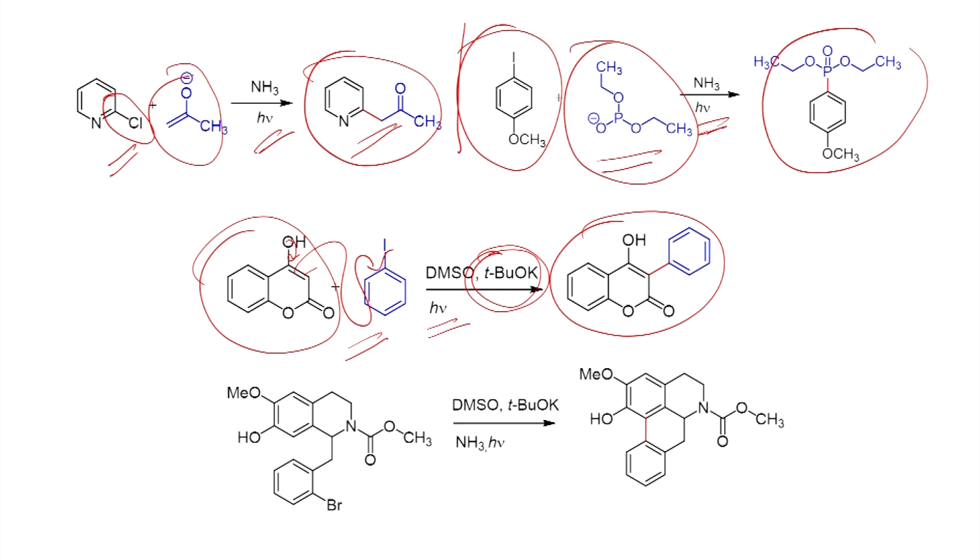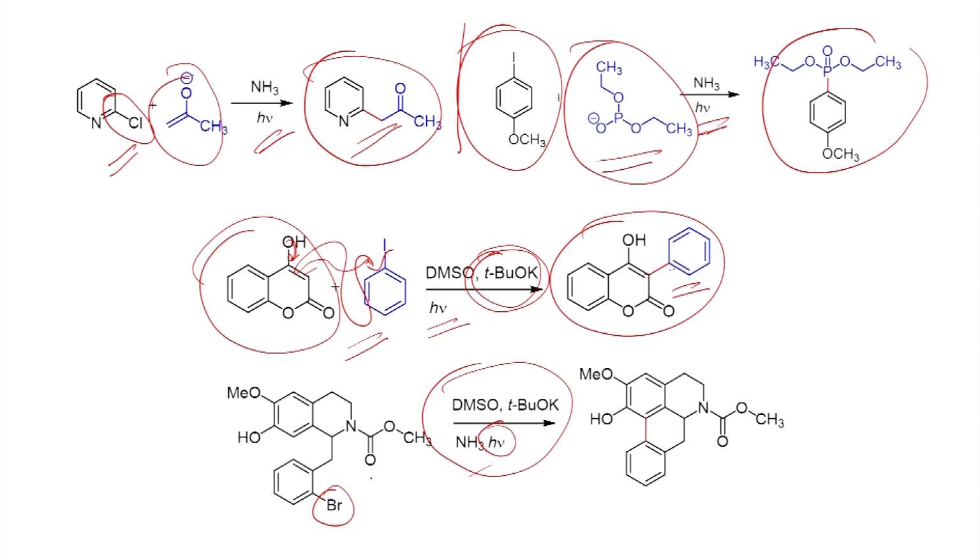As you can see here, when you base make it and then it can undergo addition reaction, you will be able to introduce arylation at this position. Another example here, again the reaction has been shown in the presence of tertiary butoxide, ammonia and light. Here also what may happen, as we have seen, you can form the radical ion.